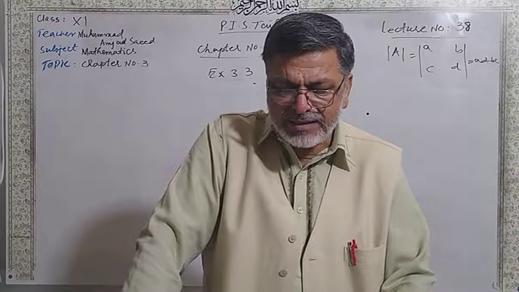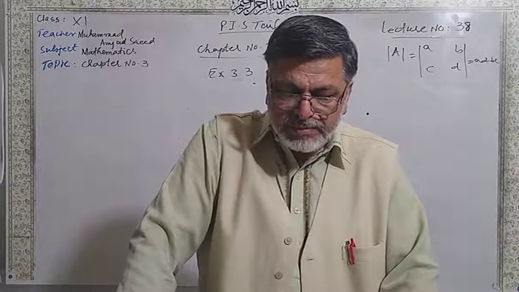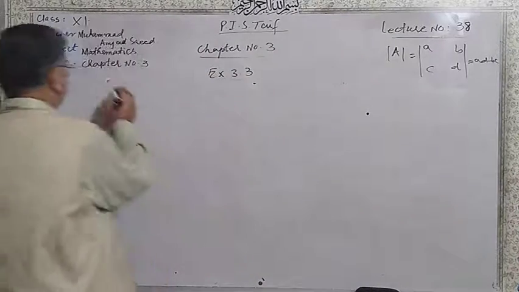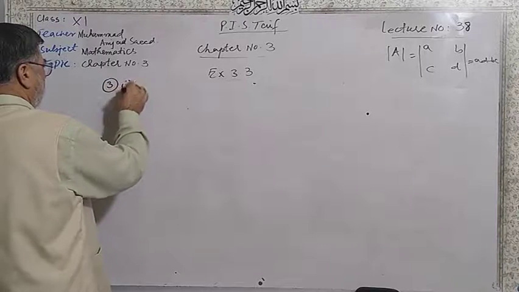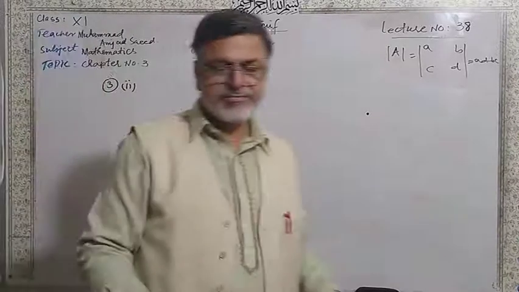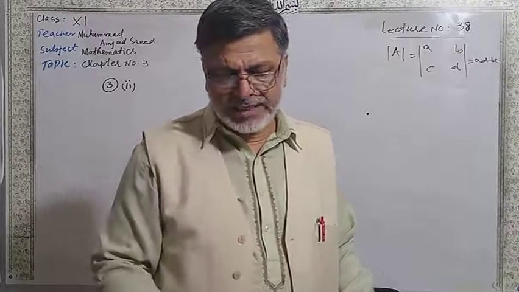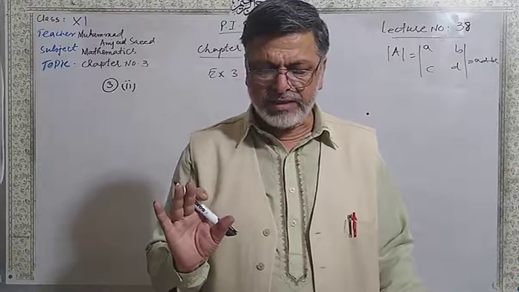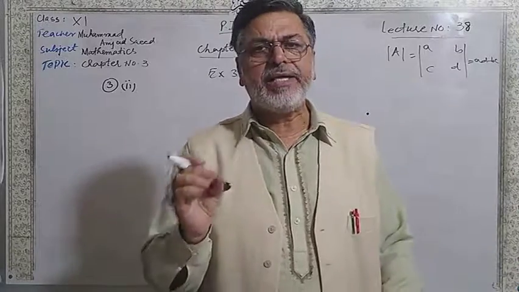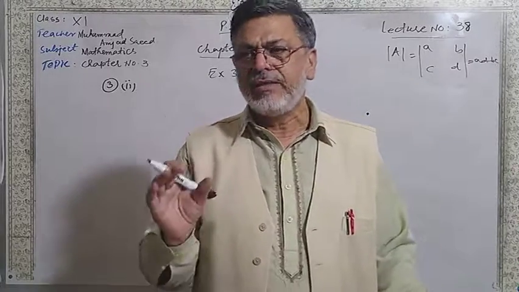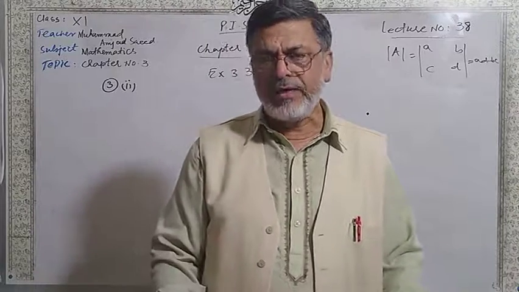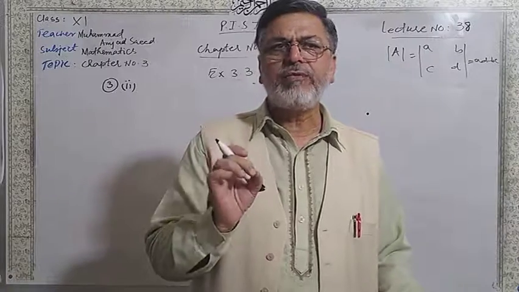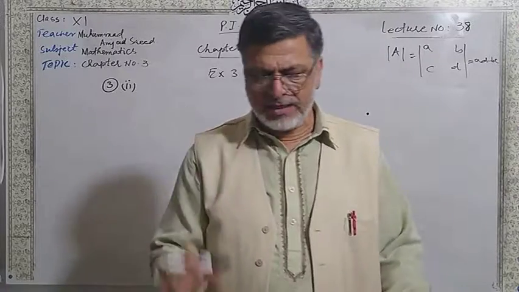After that, question number 3, part number 2. Show that left hand side is equal to right hand side. Remember that there is no compulsion. You can open up the determinant even. But if you apply row operation or column operation, then you can find your answer and it will be easy. Simply you have to assess what you have to do with the rows or columns.